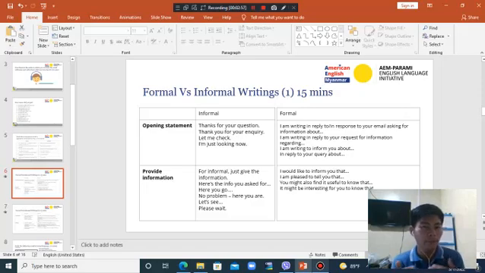When you are talking with someone on chat, maybe WhatsApp or Facebook Messenger or any other platform, you have to reply promptly. So that can be informal, and you can use these sentences in your informal situations.